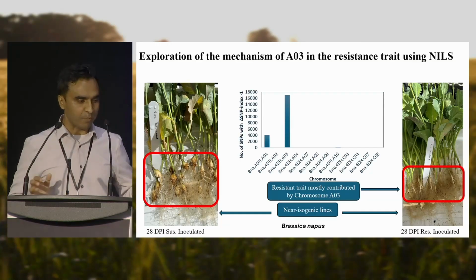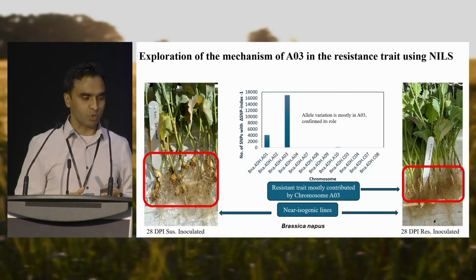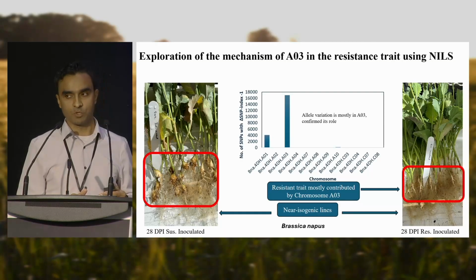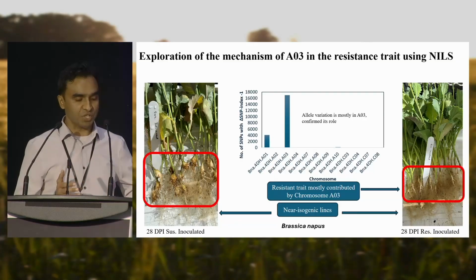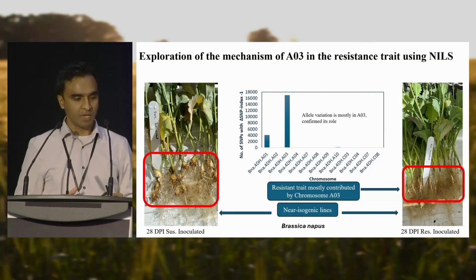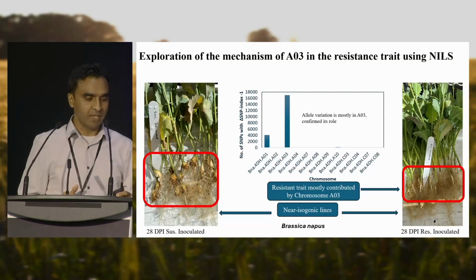And so when you compare those two lines, we noticed that the majority of the variation was coming from chromosome 3. More than 16,000 SNPs were coming from that particular chromosome. There are a few from chromosome 1, but mostly those genes were involved with cell wall biosynthesis, and the resistance was in chromosome 3. So based on that, chromosome 3 is contributing quite a bit in this particular line for